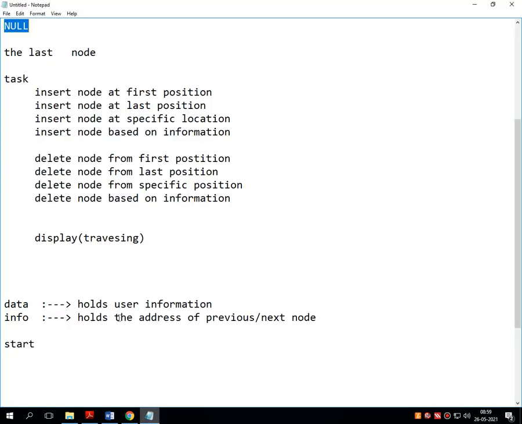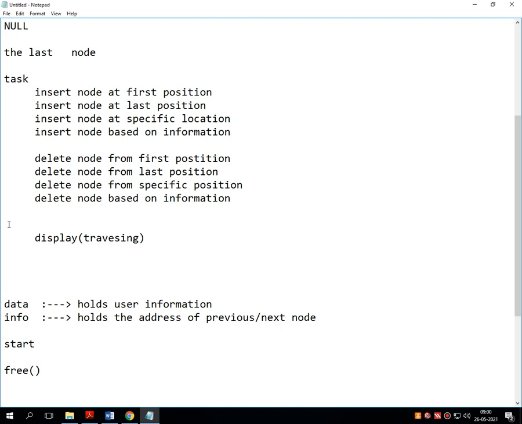So suppose we want to delete the last node, then what do we have to search? Obviously null. And once we find the null, we have to shift that null onto the previous node. Once the shifting of null is done onto the previous node, just by passing the address of that particular node into the free function, it will release that node from the entire linked list.